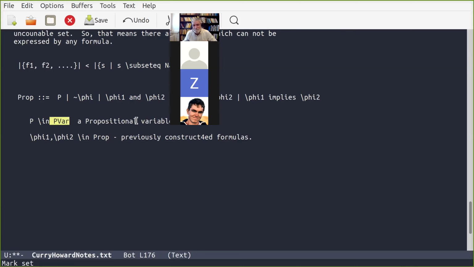P-var is an infinite number, but I can count them. I can assign them all natural numbers,